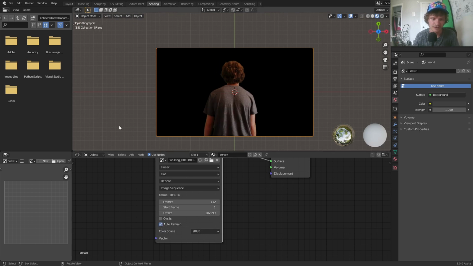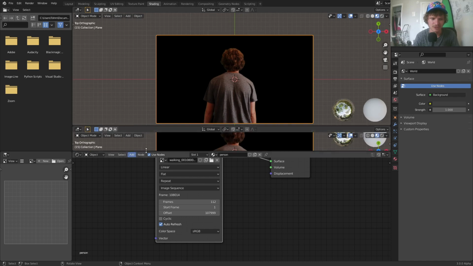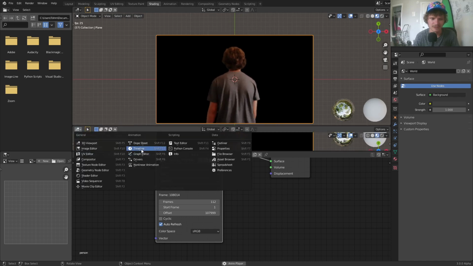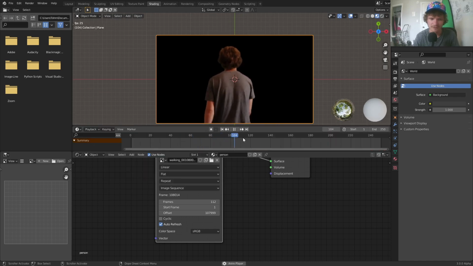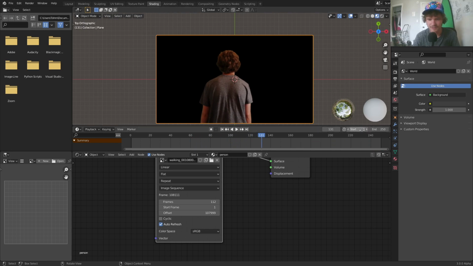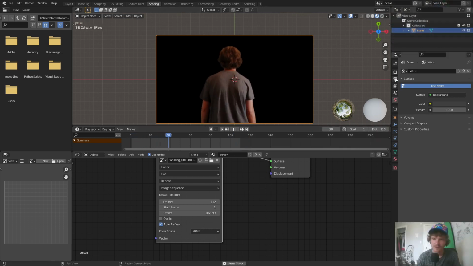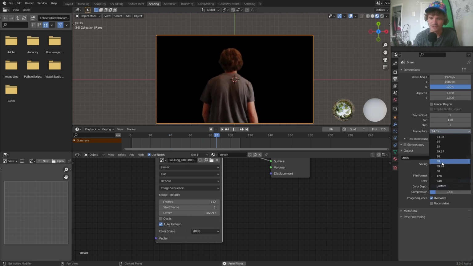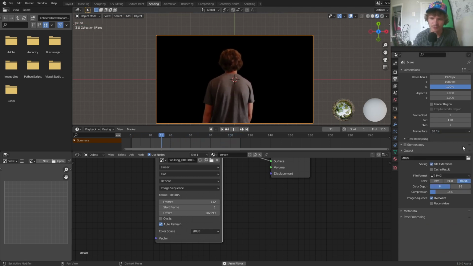So auto refresh. And also, I'm going to make sure at a certain point, you're going to see once we go far enough, everything freezes because we only rendered so many frames. So I'm going to say, I think we did like 110 or so. So make sure you trim your project. Also, frame rate, make sure it matches. Otherwise, it's going to look like you're going in slow-mo. So mine was 30 frames per second. And then finally,